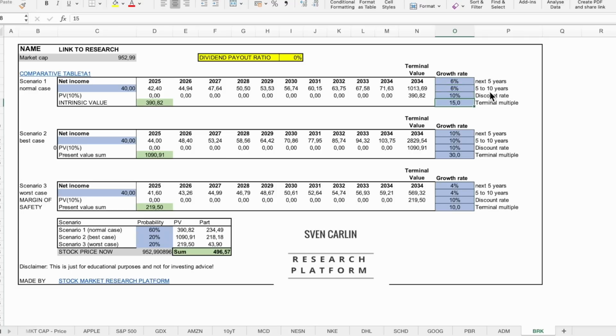Discount rate of 10%, historical average P/E ratio 15 for Berkshire 10 years down the road. The intrinsic value for Berkshire in that situation, if you expect a 10% discount rate, is 390 billion. That's far from the current market cap, thus Berkshire is overvalued, exactly why Warren Buffett isn't doing any buybacks. Best case scenario, let's say 8% growth, then the market keeps the current terminal multiple of 25. If you want a 10% discount rate, it's not going to happen now with Berkshire, then the present value is